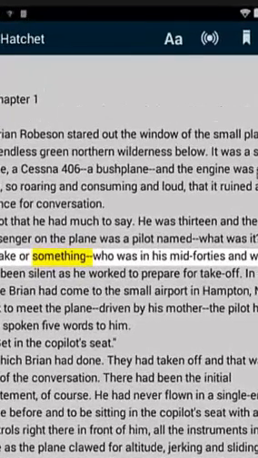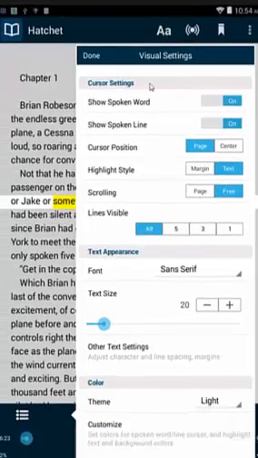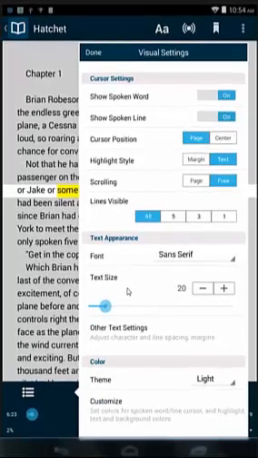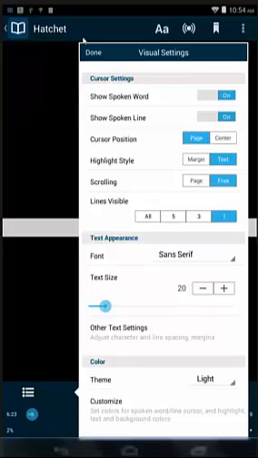Up at the top, the double A's actually is a visual settings. We can increase or decrease the text size. And the other part here about lines visible, right now they're all visible, but we can reduce the number of visible lines to help a student focus on the actual number or an actual section. So I'm going to change it to 1, and you'll see something changed in the back. I'll select Done,